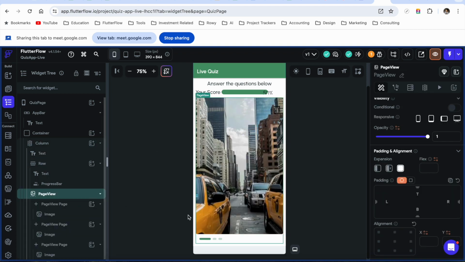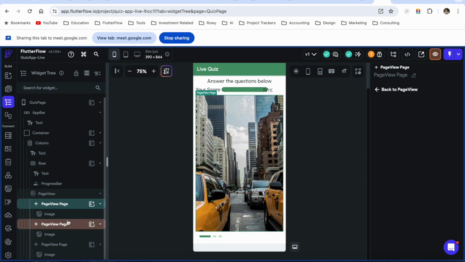So what is page view? Basically, if you want within a particular screen some section where you can enable scroll, or you want 2-3 different sections to appear one after the other, page view gives options to control those things. Now if you see within this, by default, all of this right now is hard coded. Unless and until we connect Firebase data, it will not start showing the data that we want to connect over here, right? So this is a page view